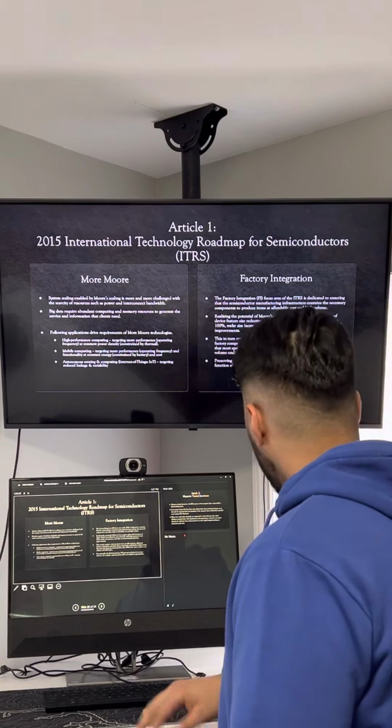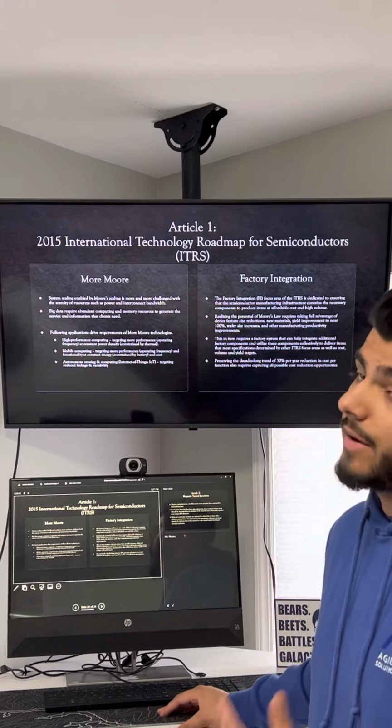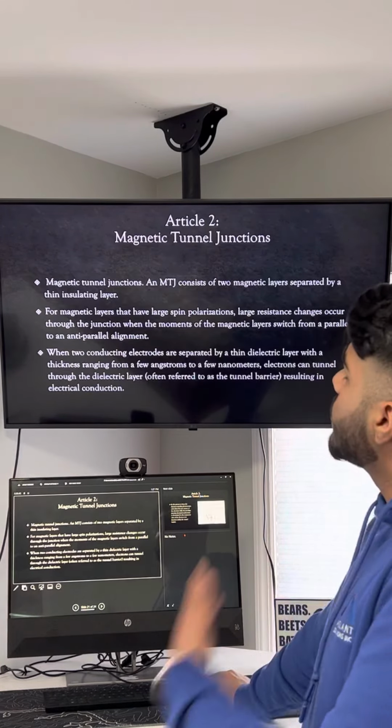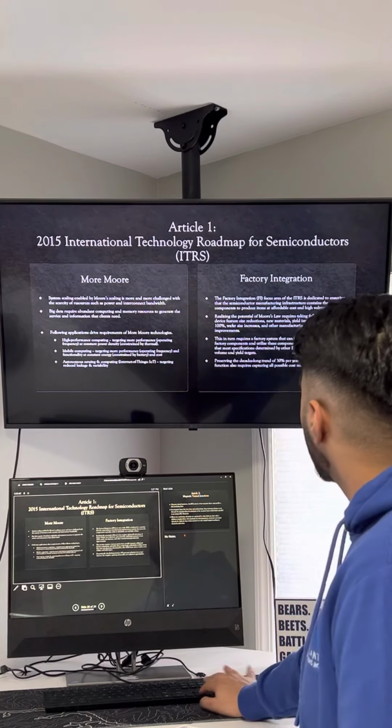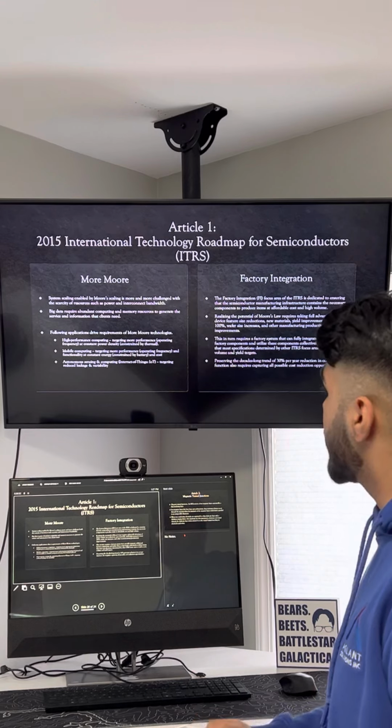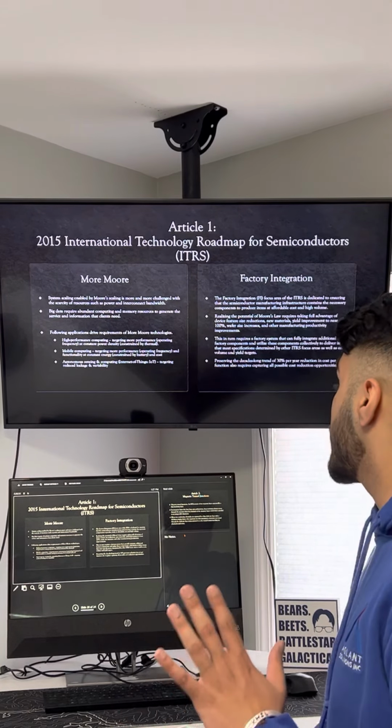Okay. Factory integration. This is the final topic for this one. Then we will get to Article 2. Factory integration. The focus area of ITRS is dedicated to ensuring, ITRS, remember, it's the company that's working on this research,